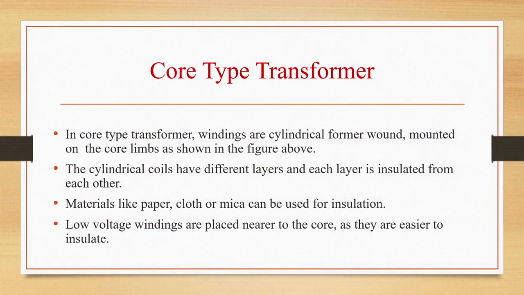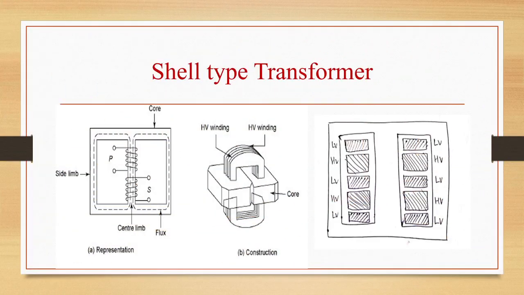The other type of winding which is used is sandwich coils, as shown in the second figure here. Each high voltage portion will lie between two low voltage portions, sandwiching the high voltage portion. Such subdivision of windings into small portions will reduce the leakage flux. The higher the degree of subdivision, the smaller is the reactance. The sandwich coil will be as shown in the second figure, and the top and bottom coils are low voltage coils. All the portions are insulated from each other by paper.